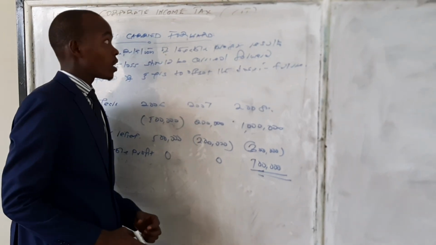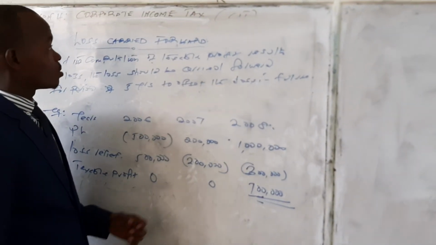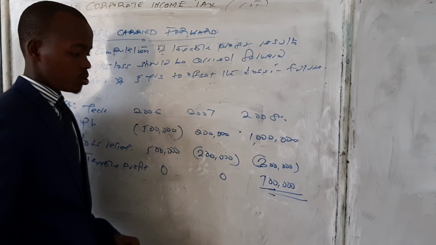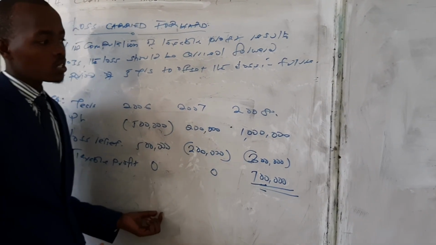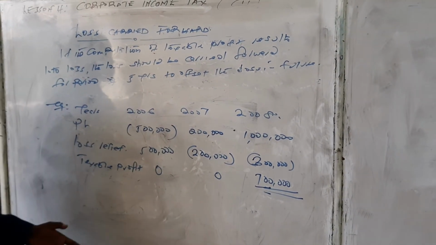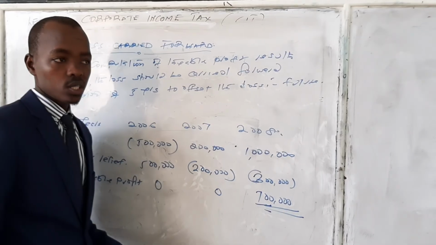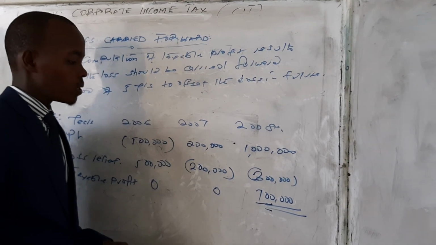Let us stop from here our chapter on the CIT from the loss carried forward. The rest you can read and just revise. It is the special incentives for registered investors in Rwanda. Those are theory, you can read them and come up with a summary.